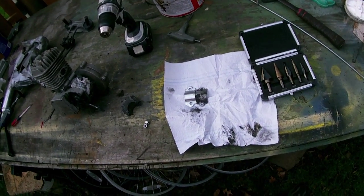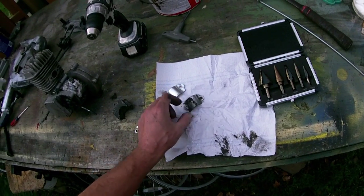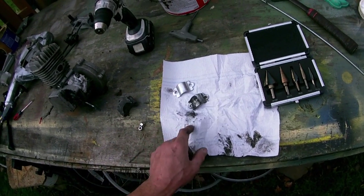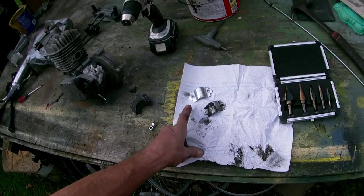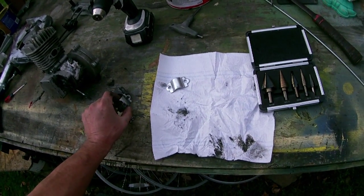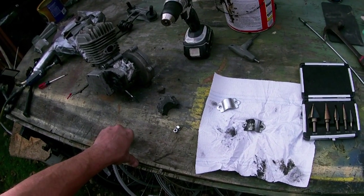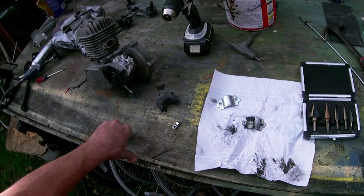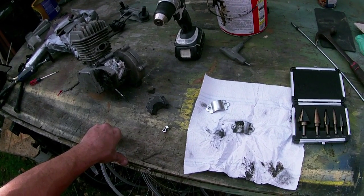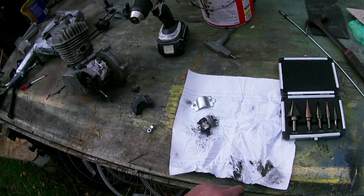Here's something I just wanted to mention about our motors and our suppliers. You can see these two brackets can be the biggest pain you've ever dealt with, trying to get this and the holes to line up. A lot of this stuff comes out of tolerance, or it gets banged around during shipping and gets distorted. You can save a lot of grief trying to line this bracket up on the back of the engine bolts